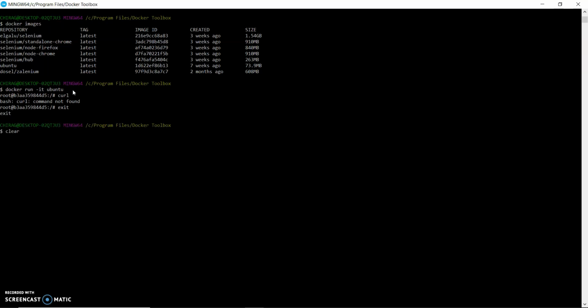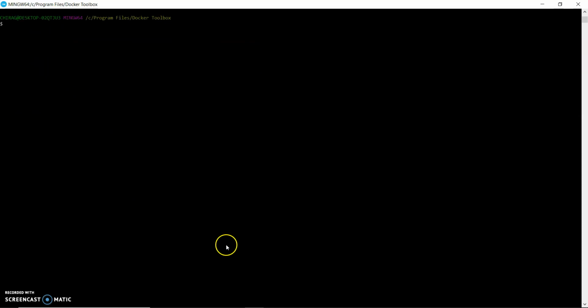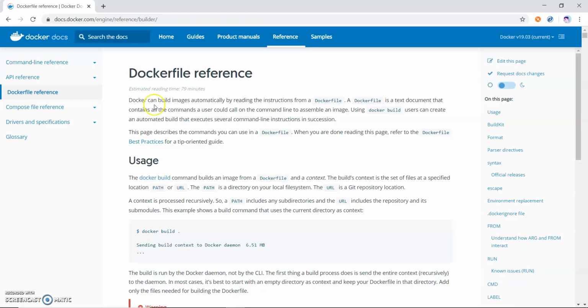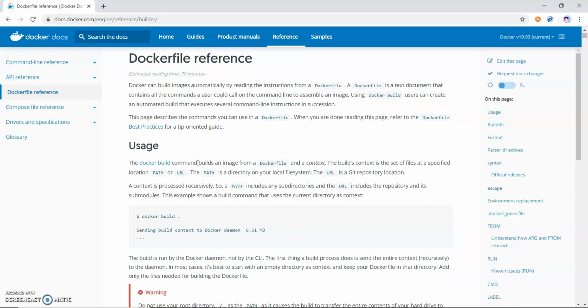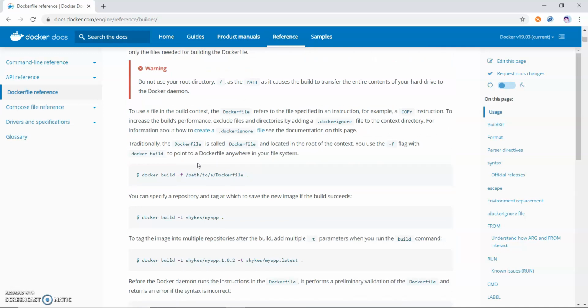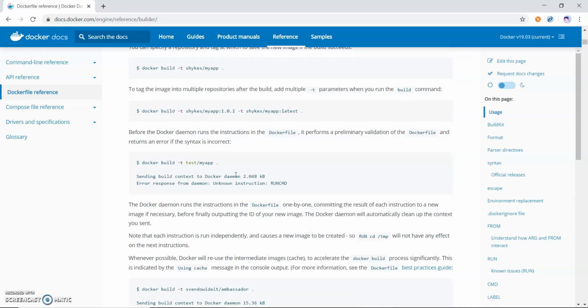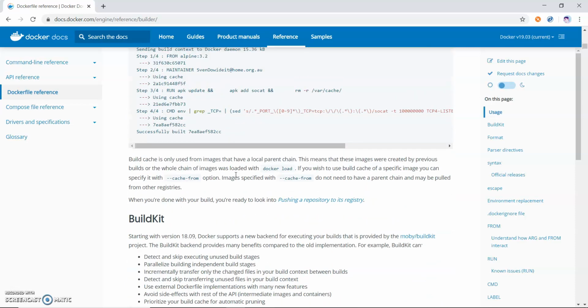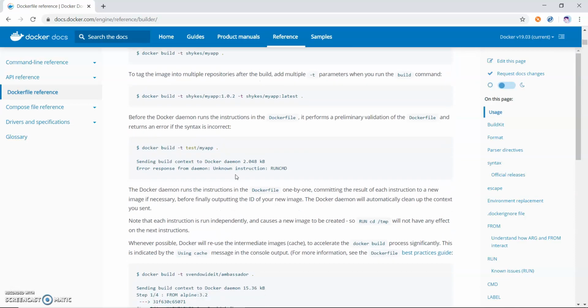So let me clear this, and before that I just want to show you what our Dockerfile is. This is a document given on the Docker website. You can see how we can build our Docker image. There is different information they have given.